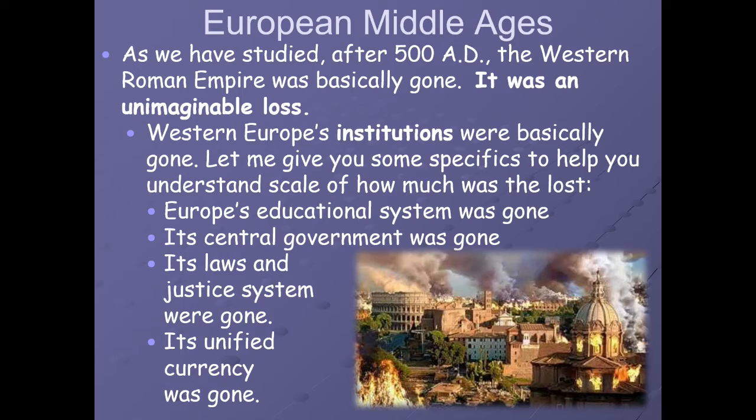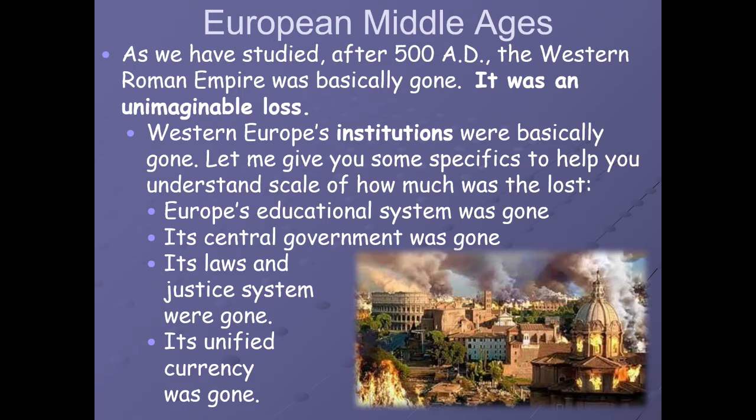European Middle Ages. As we have seen, after 500 AD, the Western Roman Empire was basically gone. And even though it was a gradual process, it was still an unimaginable loss. It was a catastrophe. Western Europe's institutions were basically gone. Let me give you some specifics to help you understand the scale, the breadth, and the depth of how much